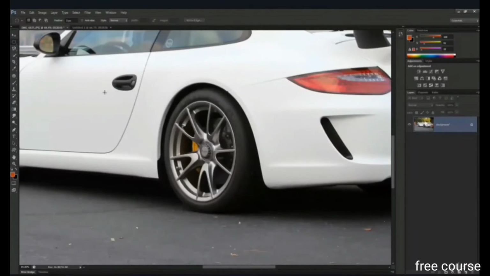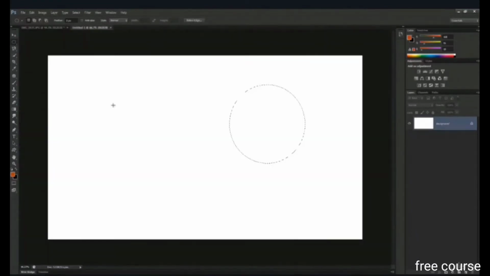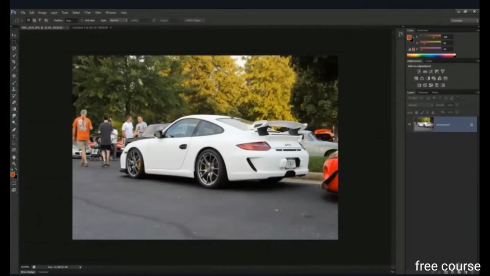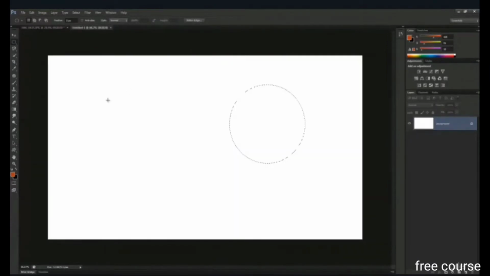Now, just so you can understand, I'm doing this on a white paper. Okay, but most of the times you'll be doing this on some kind of photograph. Okay, so we basically have created our base shape. This is going to be our base shape. Now say if I wanted to add to it, right? Say something is over here and I forgot to add it to my selection, right? In my base selection. So I can change my mode from new selection to add to selection,